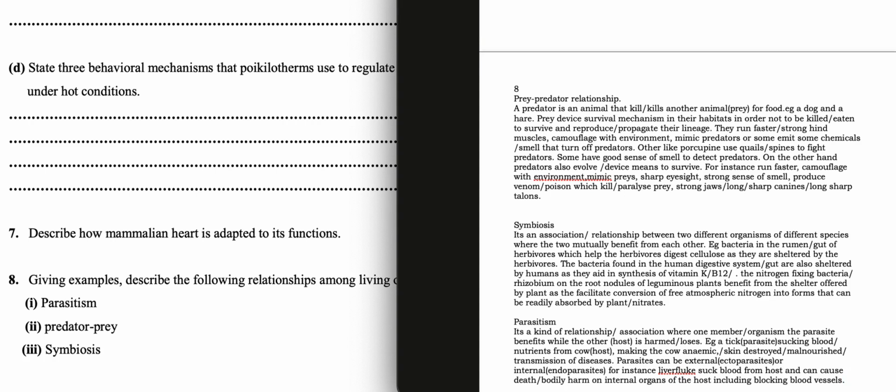Then you're going to explain question 8.1, parasitism. It's a kind of relationship where one organism, the parasite, benefits while the other, the host, is harmed. For example, a tick, which is the parasite, sucking blood from the cow, which is the host, making the cow anemic,